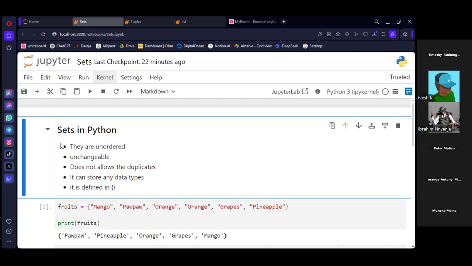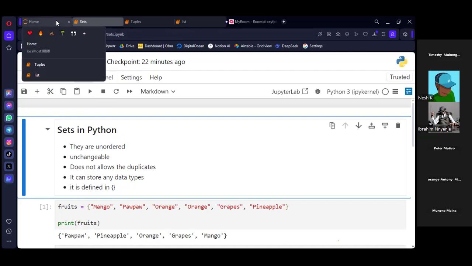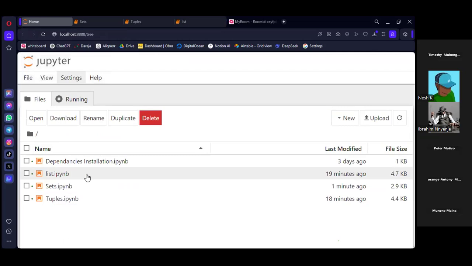Now, we have another data structure. We have another data type that stores a sequence of values called the dictionary. Okay, before I go there, is there any question? Is it clear on the sets? All right, Holy Ghost says it's clear. Clear, yes. Okay, great. All right.